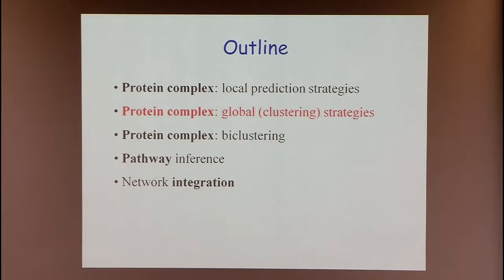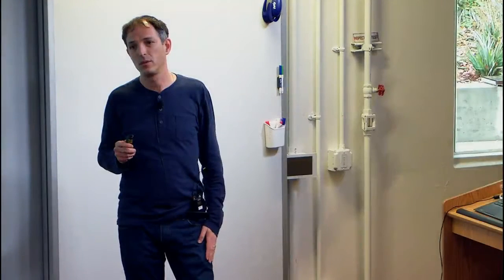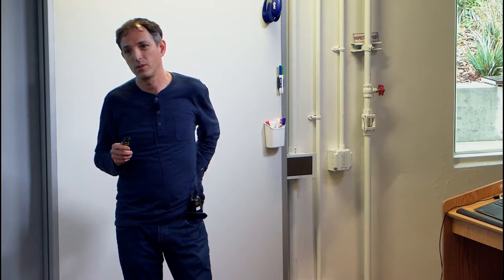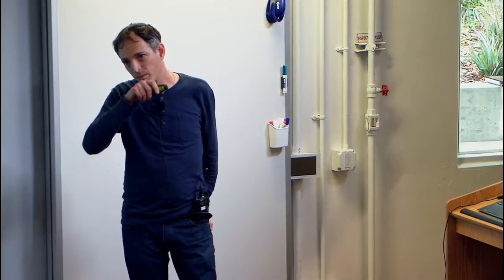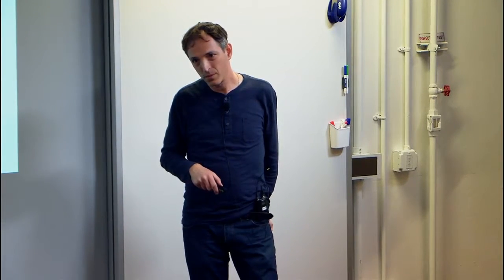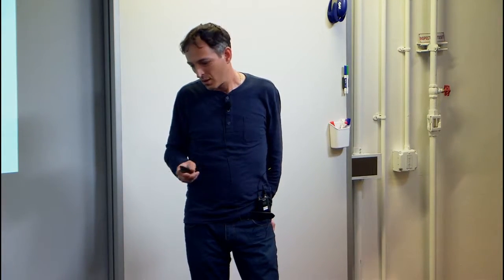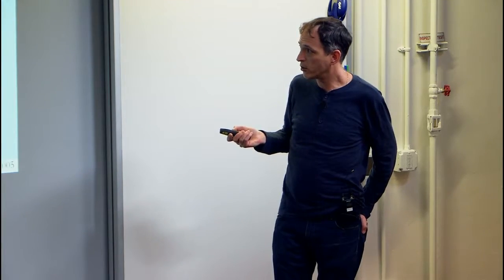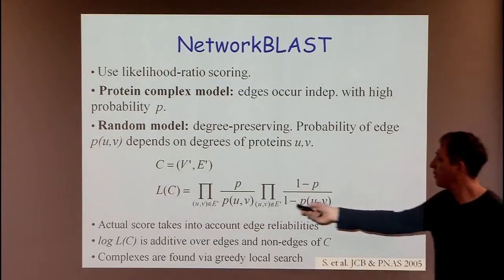Okay. So now I'd like to talk about a different perspective on the same problem. Yes? Even in a random network, a random graph, you would have subgraphs that are high scoring. So how do you evaluate for that? Because out of the very many subgraphs, some of them would have a relatively high score. Supposedly you account for that exactly here.